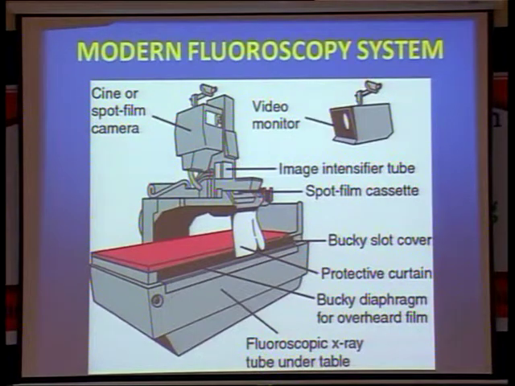You can get it either on digital film or directly into the computer, or a CR also you can do. Even normal film you can use. This is the Bucky table. Bucky is the one which gives more clarity than the normal one. This is the protective one, otherwise the beam will fall directly onto either the abdomen or chest. The Bucky diaphragm is there.